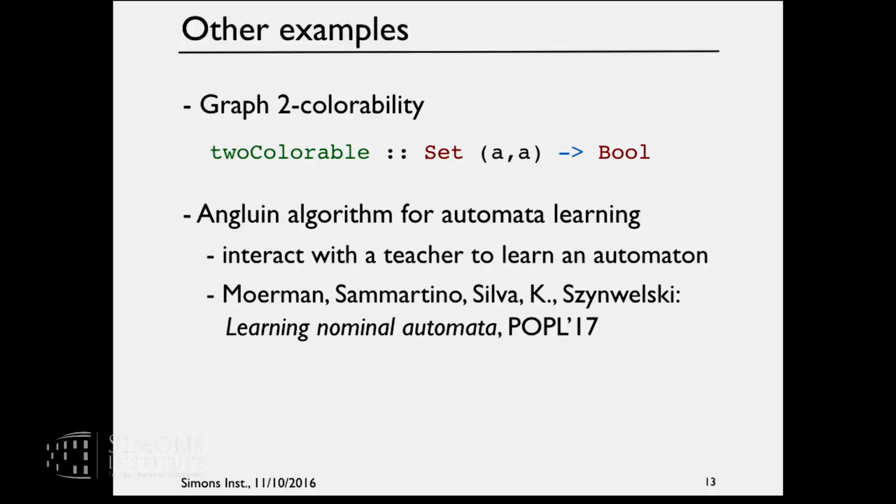There's another example that will be published at POPL, that has been accepted to POPL 2017. The classical Angluin algorithm for automata learning is essentially rewritten. Well, it's not really rewritten. It's copied and pasted with minor changes, and it suddenly becomes an algorithm for learning nominal automata or register automata. So I don't know if I find it more exciting or depressing, that you can get POPL papers for free if you use these sorts of powerful ideas.